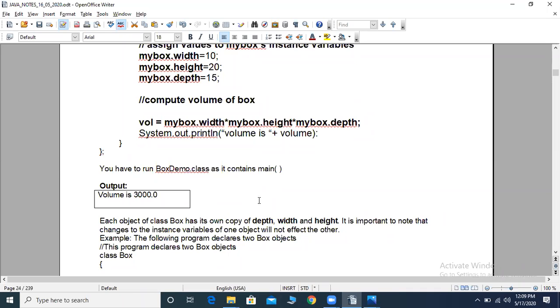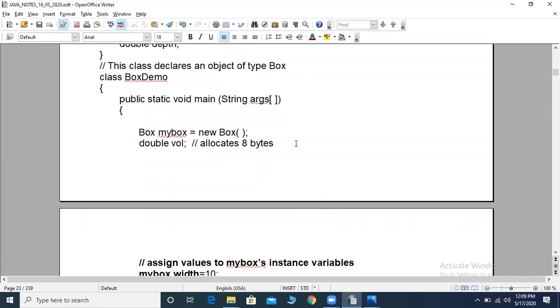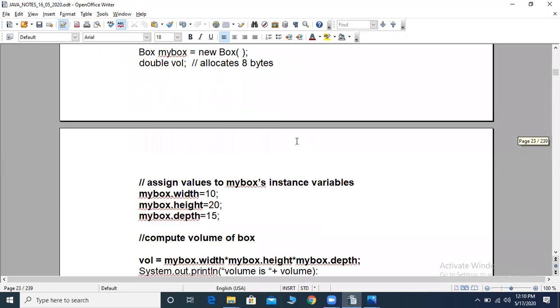Finished writing the output? Yes, sir. So any doubts in this program, because this program is basic for all the class and objects programs. Very much basic it is. Any doubts? No, sir. Okay, have you understood? Should I explain once again or shall we proceed further? We'll proceed further, sir. I have understood all about others, sir.